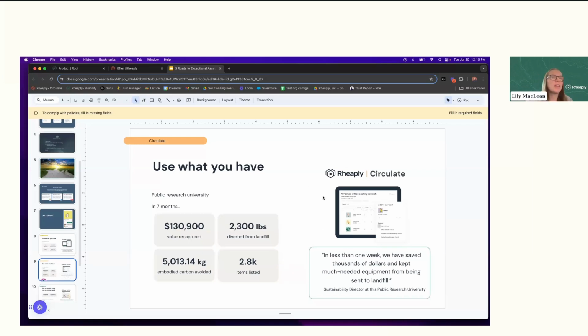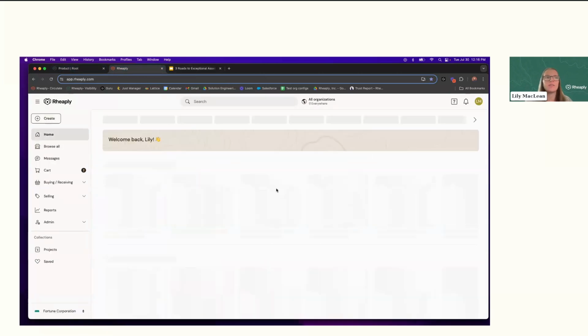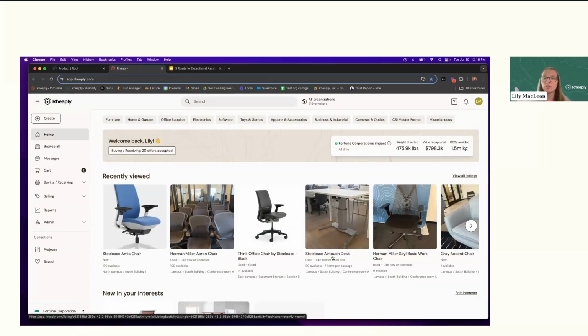Yeah, awesome. And it's also a good example of how many different types of assets can end up in our platform. We're showing a lot of FF&E today, but the example that you just mentioned, Zolo, also includes things like lab consumables and lab equipment. We've worked with assets that range from workplace furniture all the way to more interesting built-environment assets. So it is really asset agnostic, and surplus exists in every pocket.